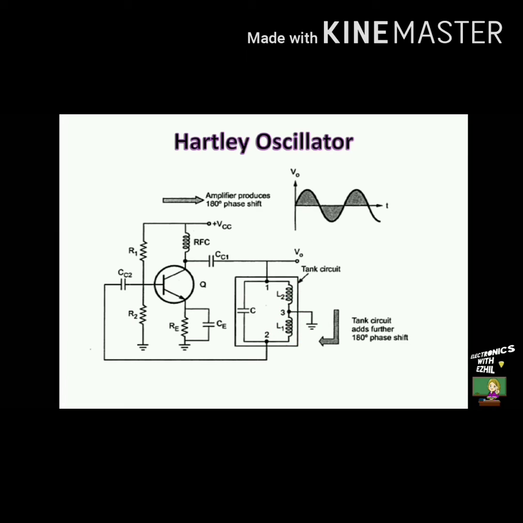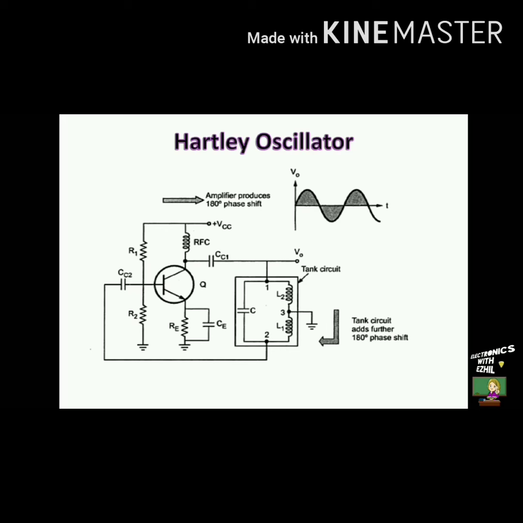Now, the magnetic field starts collapsing. As per Lenz's law, a back EMF will be introduced, which charges the capacitor with reverse polarity. When the capacitor is completely charged, the magnetic energy is converted into electrostatic energy. Now the capacitor once again starts discharging through the inductors, but the direction of the current is opposite to that of the direction of the current earlier. Once it is completely discharged, electrostatic energy is converted into magnetic energy.